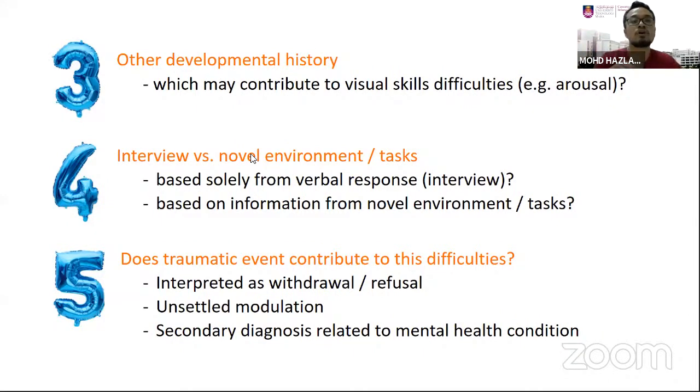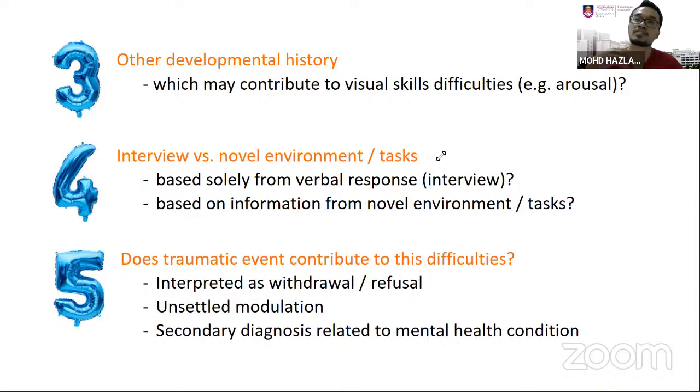Okay. Number 4, interview or novel environment or task. Is our interview based solely on verbal response from the interview, or based on information from a novel environment or task? In my experience, I always make sure that I myself do the clinical observation through a novel environment.